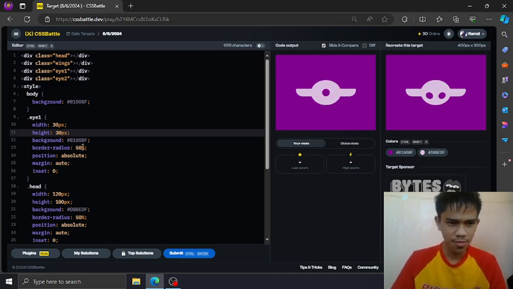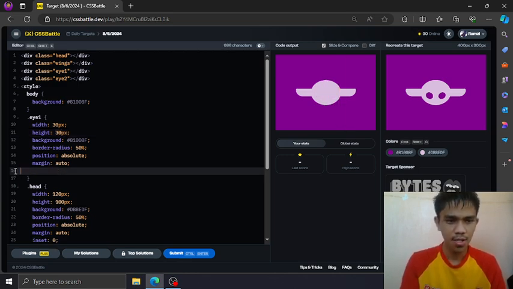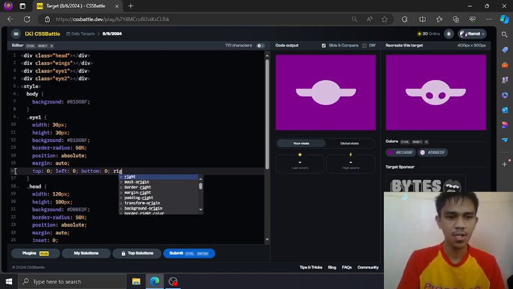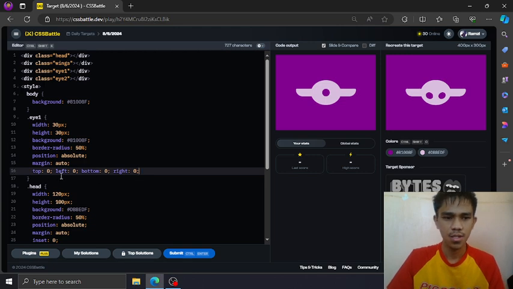adjust the position so we can't use this inset. We need to type all the sides, the four sides: left, bottom, and right. Sure. Then to adjust this to the left, so negative.